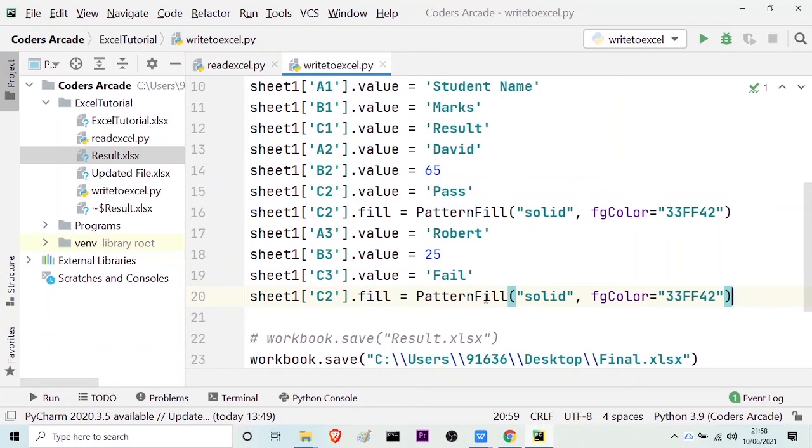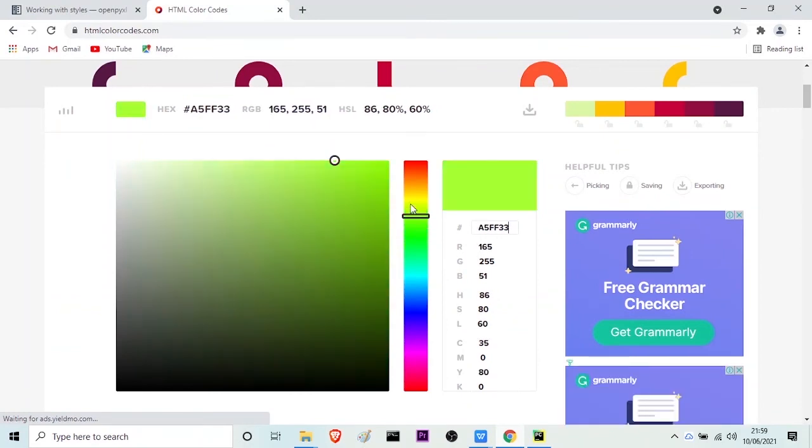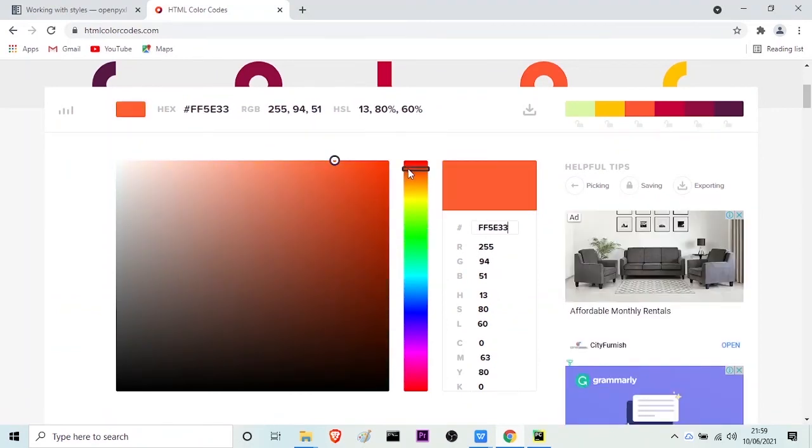Similarly, I have to change this here. It will be C3, and then the pattern type will be solid and the foreground color will be the red color. So for that I have to copy the red color. Let me go back to my browser, and if I scroll this bar up, here you can see this is the red color. Okay, and if I copy this,